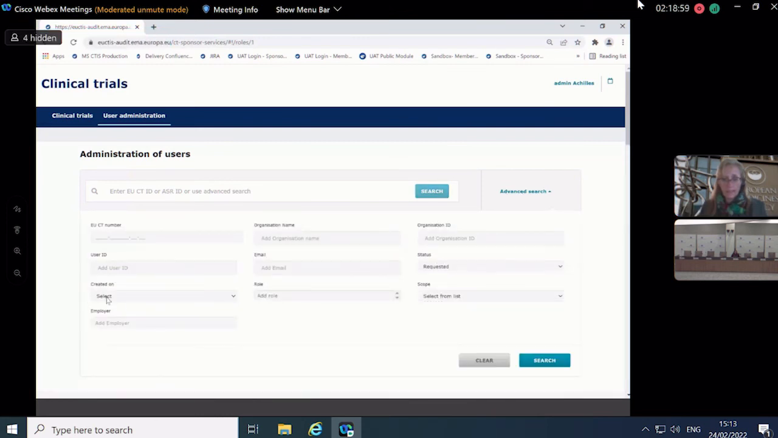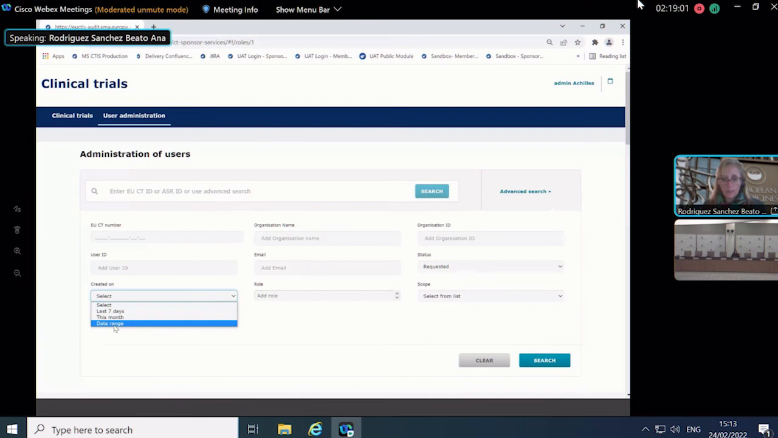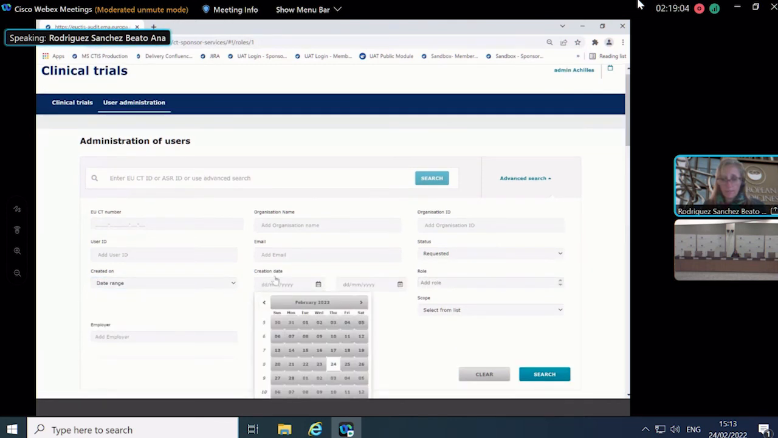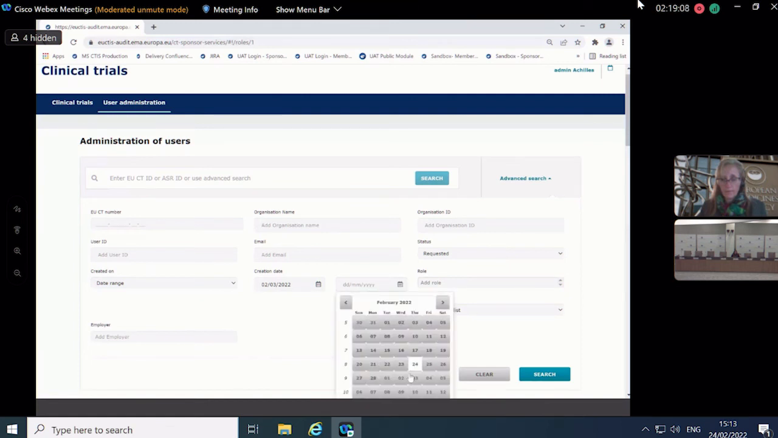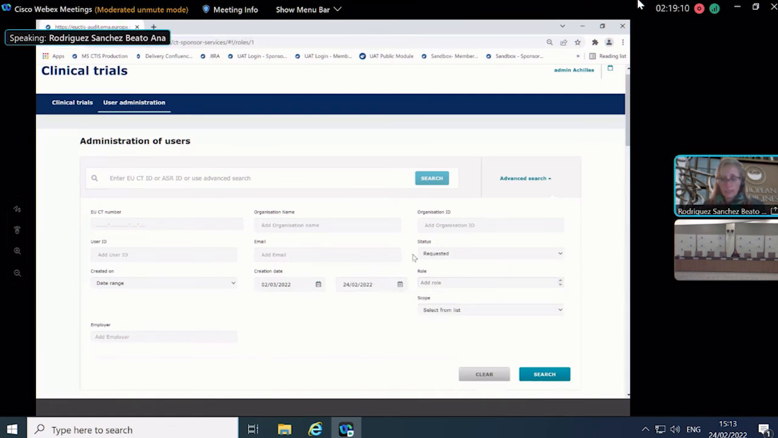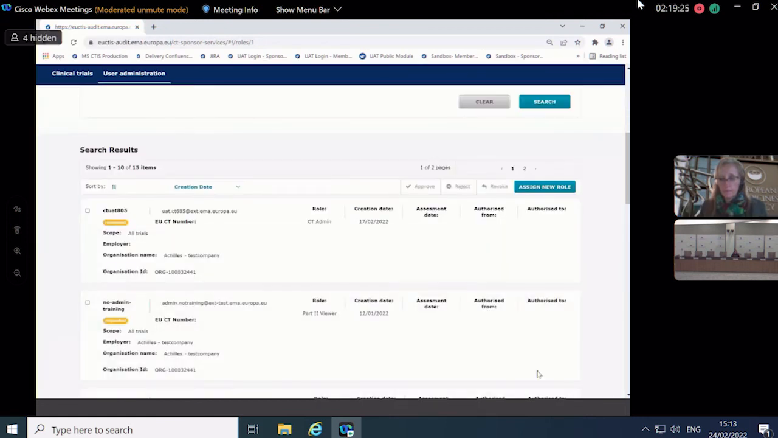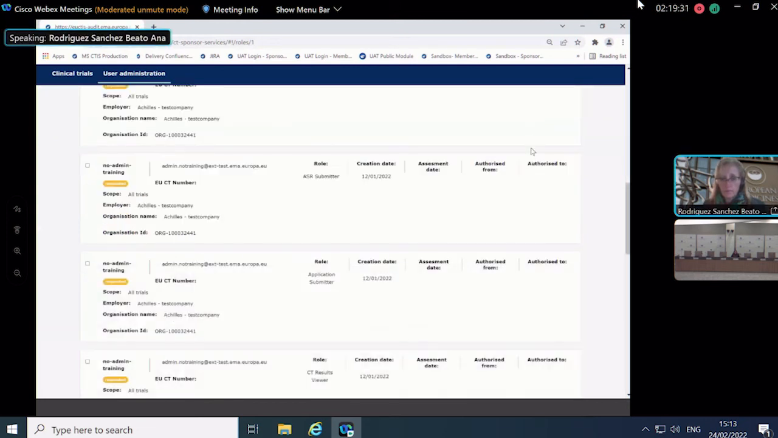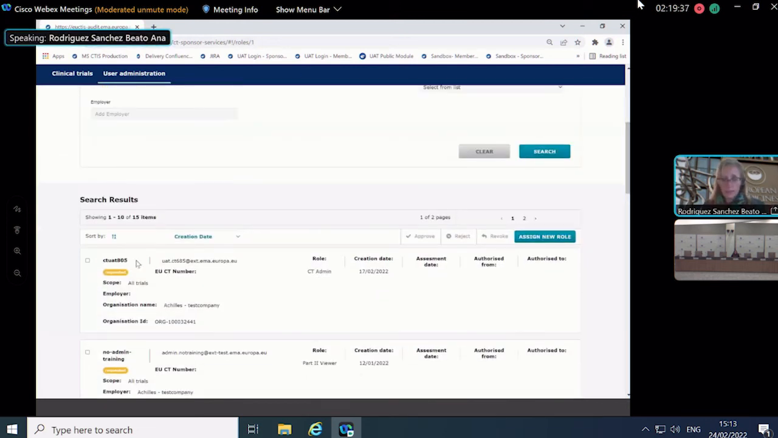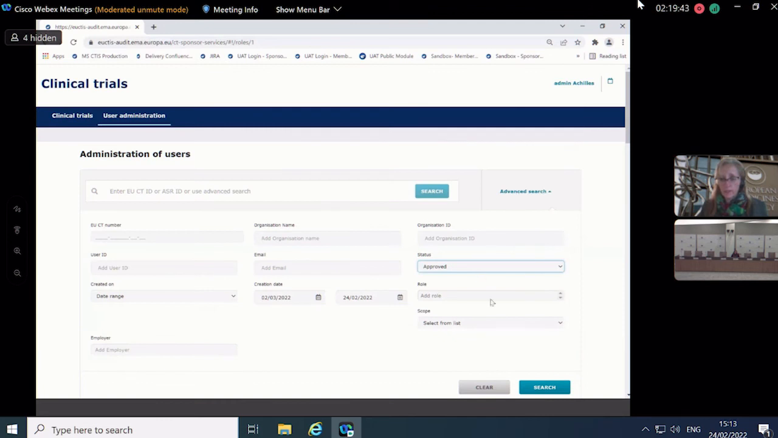Okay, so for example, I can say here, show me what are the roles that I have created today. Be careful because here by default it appears as requested roles, and I want to show approved roles. Okay, and then you can see